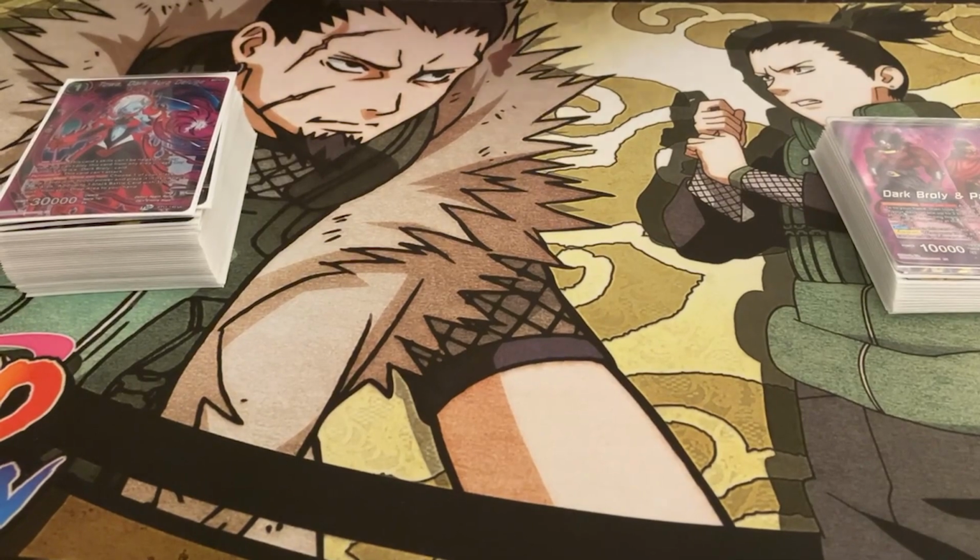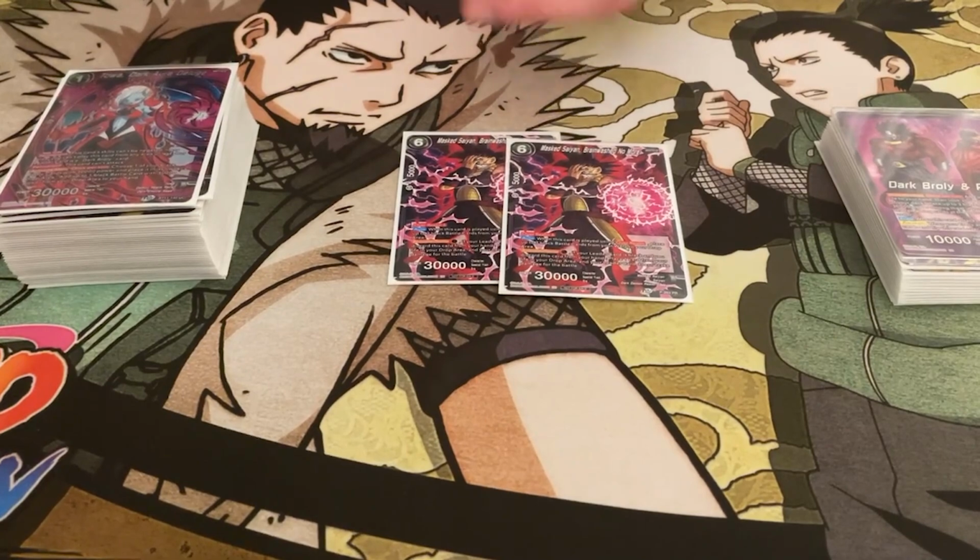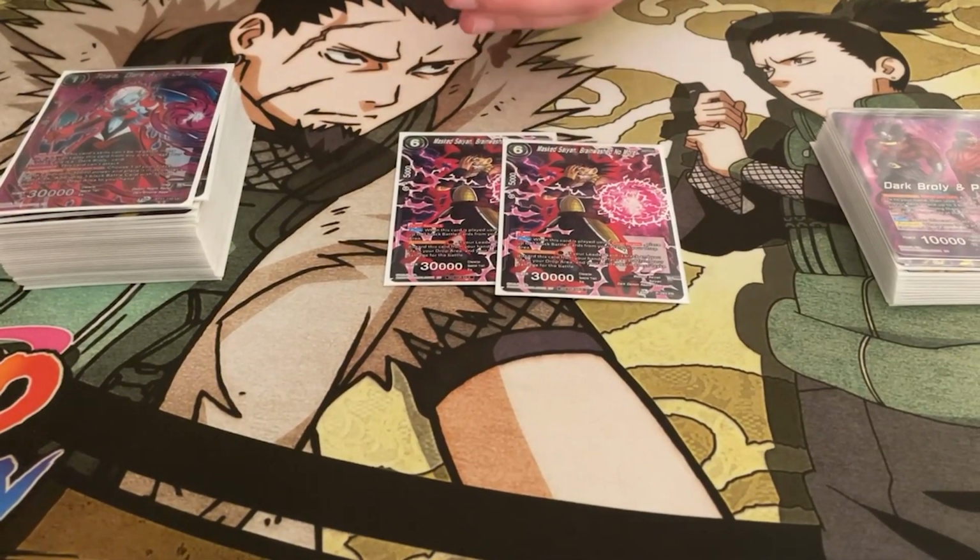If you mill the leader, you can pick it up. Two Mass and Brainwash No More. This card used to be far more busted in this deck, but again, we had to make concessions for 30Ks